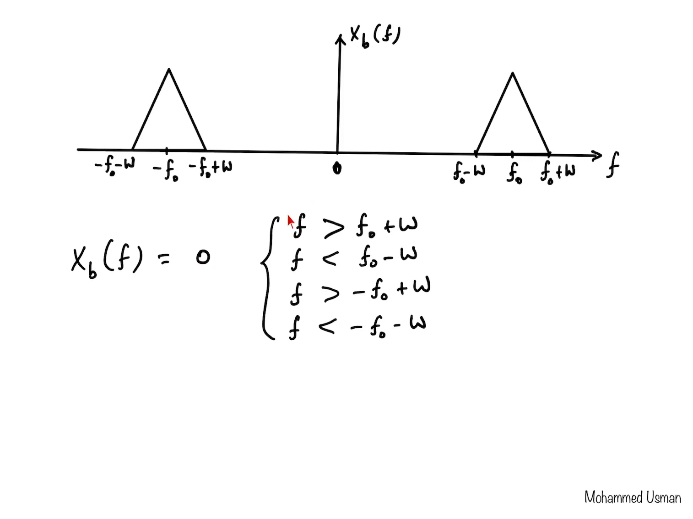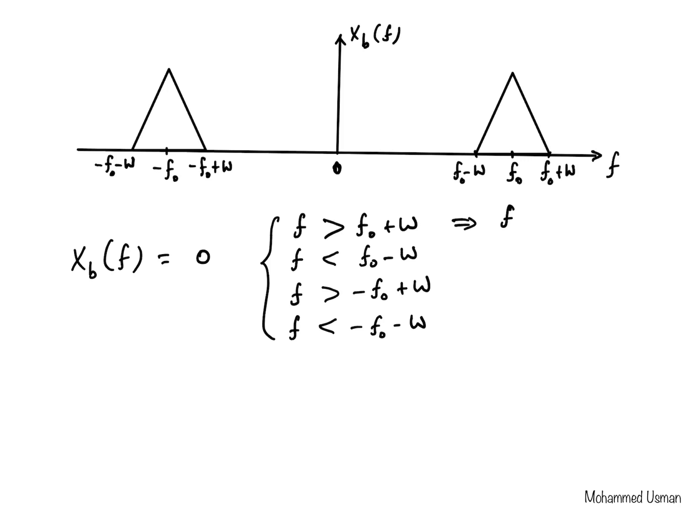So the spectrum is 0 if the frequency f is greater than f0 plus W. That means if it is greater than this, to the right of this point. It is 0 if it is to the left of this particular point, which is f less than f0 minus W. Or on this side, if it is greater than minus f0 plus W, and if it is less than minus f0 minus W. Or we can equally write that as